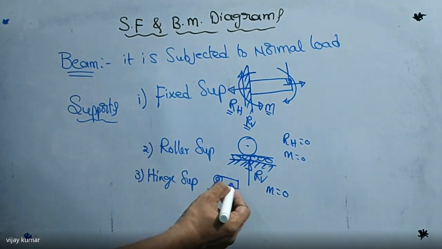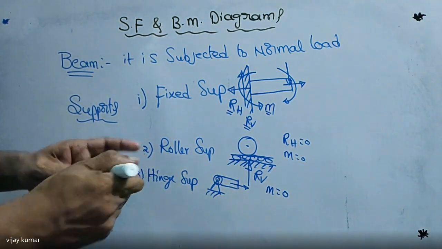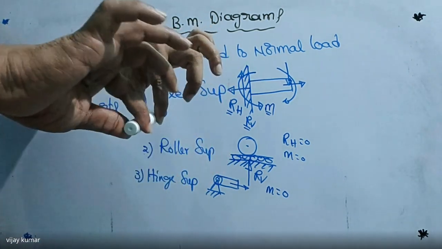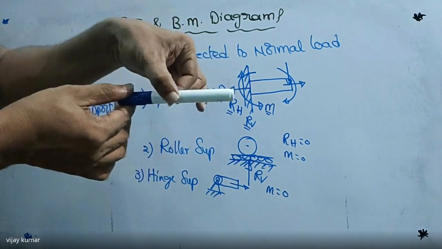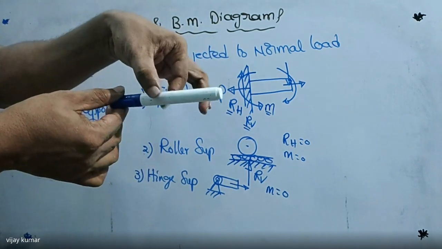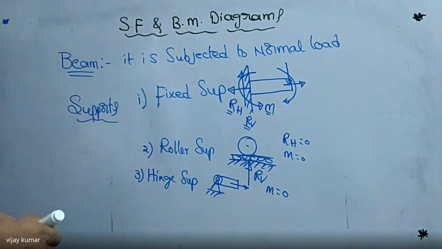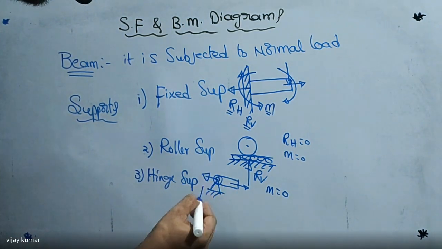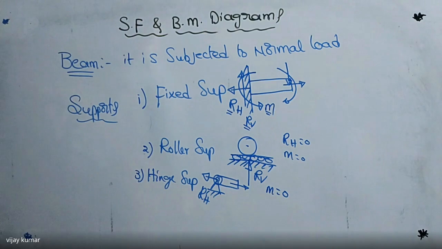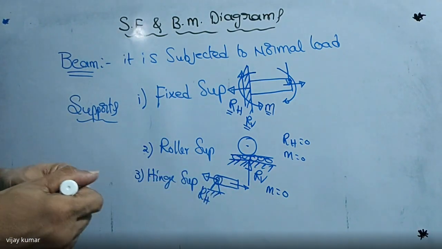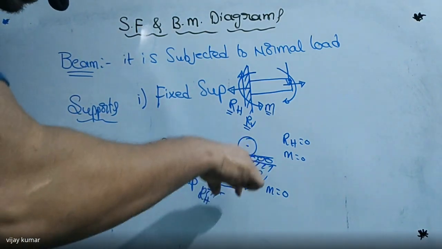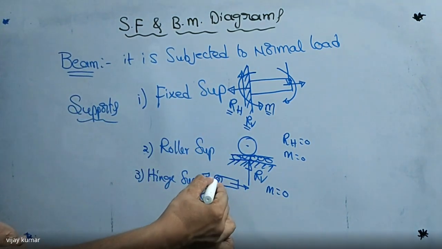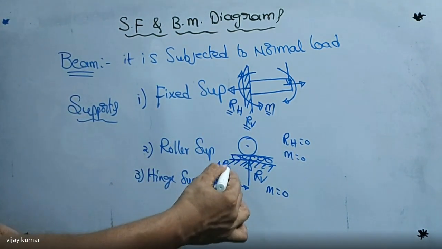But if you apply the force in this direction, I want to move the body in this direction or in this direction, then this support will apply some reactive force. If you apply the force here, this support will give a reactive force, that is horizontal reaction. At the same time, if you push this body downward, not rotate, then this will also apply some upward reaction, that is vertical.